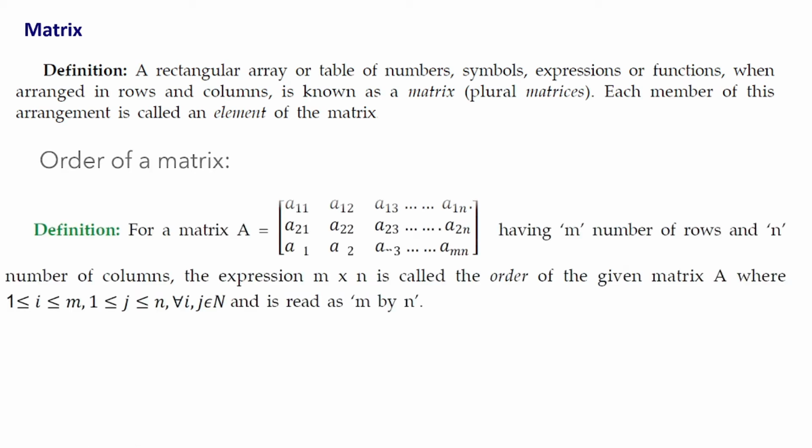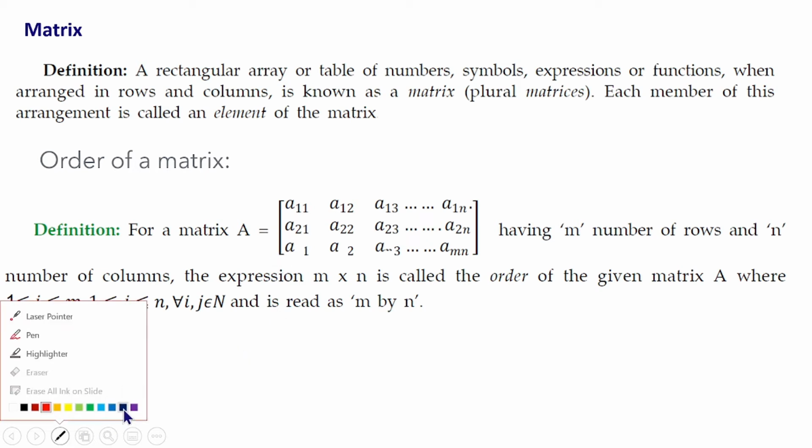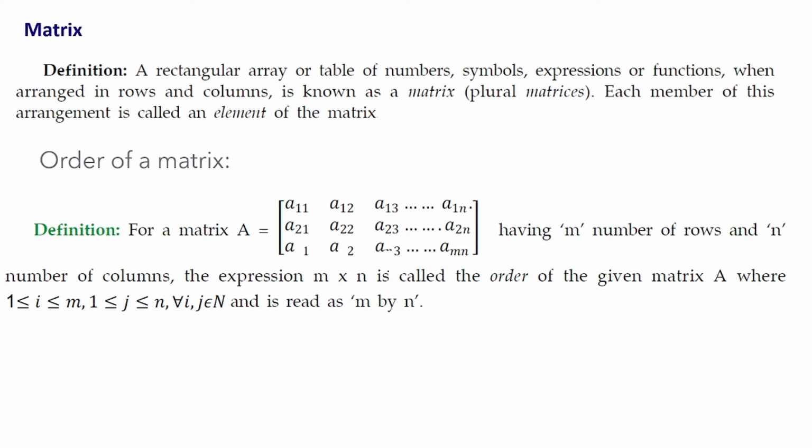Now moving on to order of a matrix. So this is how usually a matrix is represented. Say for example, if A is a matrix having these elements, this is m. So here we can see that the matrix A has got m rows and n columns. So the first element is given by a11 and the elements of the first row are given by a11, a12, a13 up to a1n. Then the elements of the second row are given by these elements. The elements of the mth row are given by these elements.